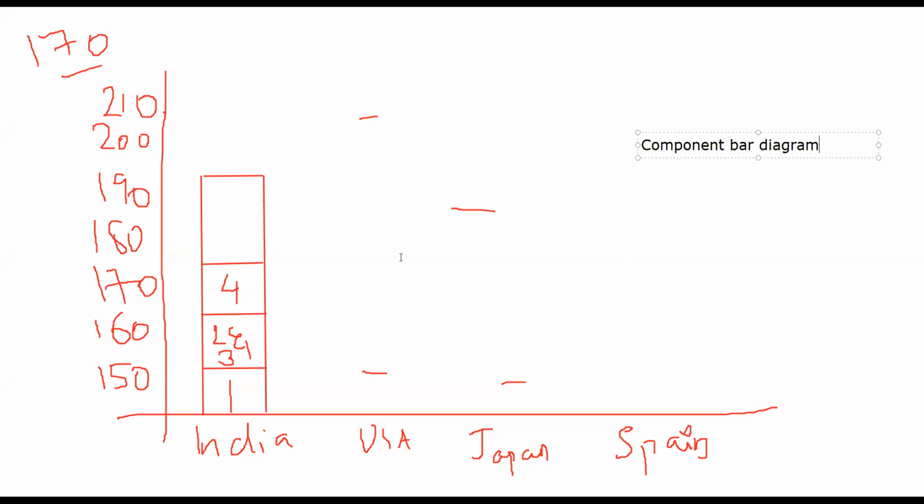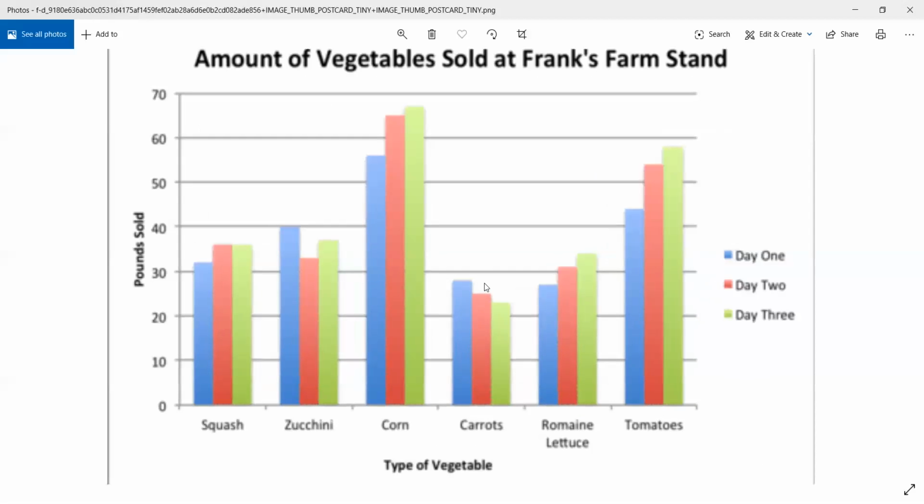Okay, giving you different components within a single bar. Now we have a multiple bar diagram ऐसा दिखता. एक second. Yeah, this is a multiple bar diagram. Sorry about that. This is a multiple bar diagram. That was a component bar diagram. ठीक है, उसमें different components within each value था.